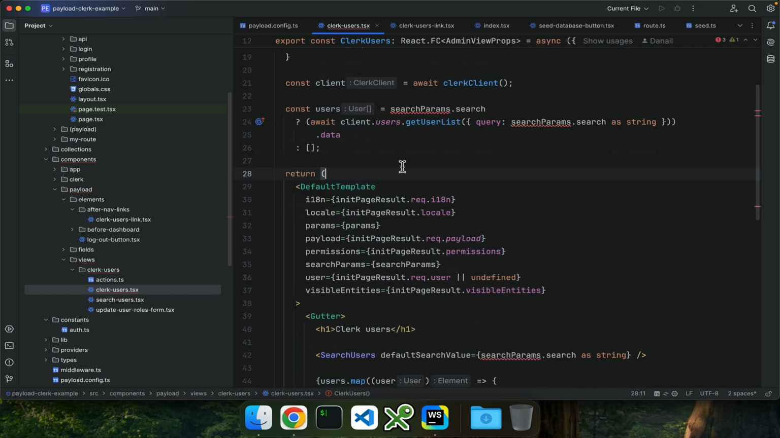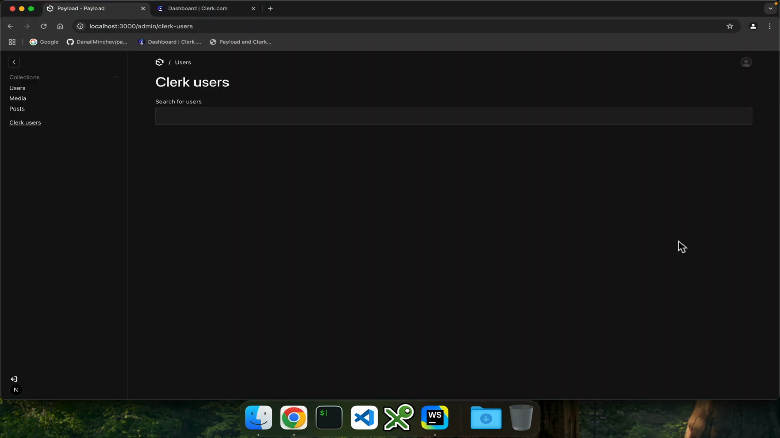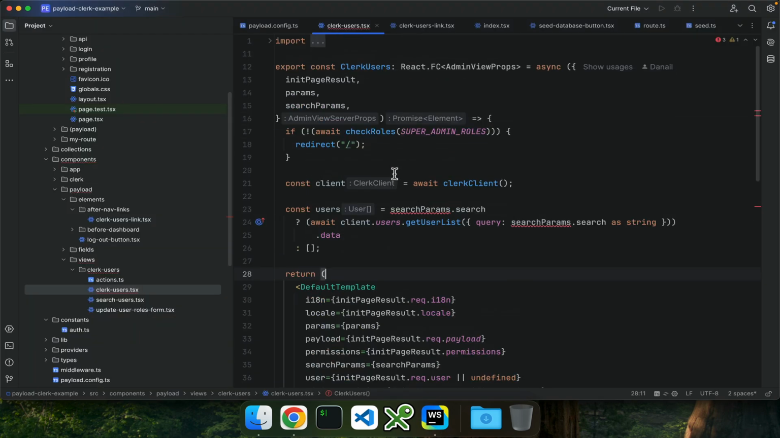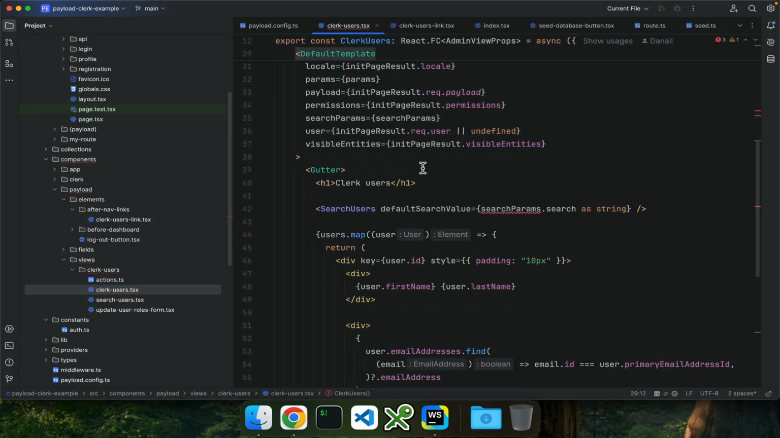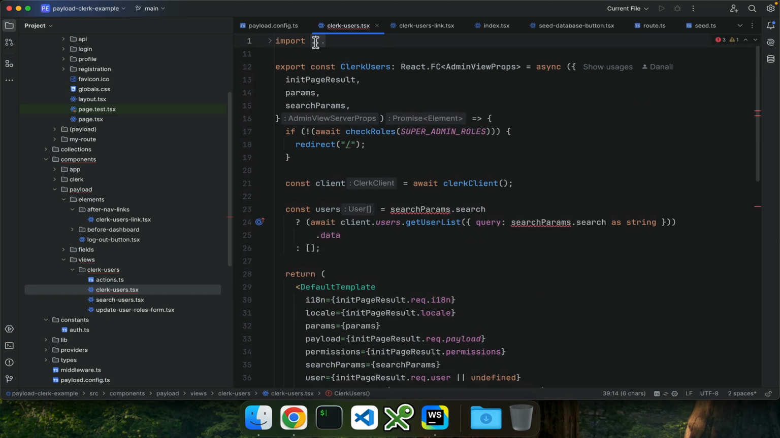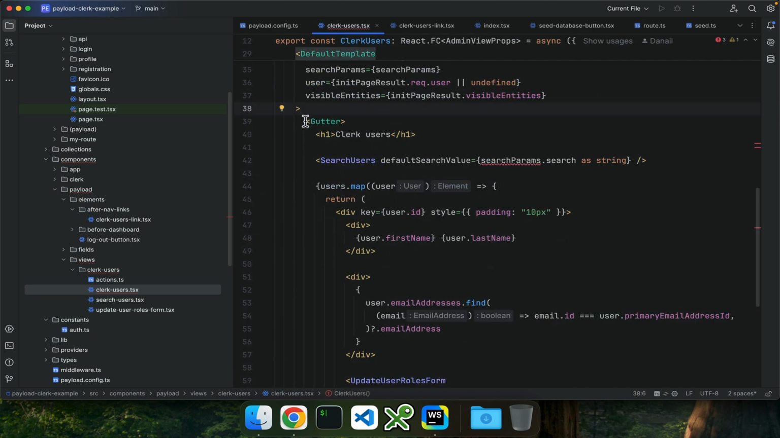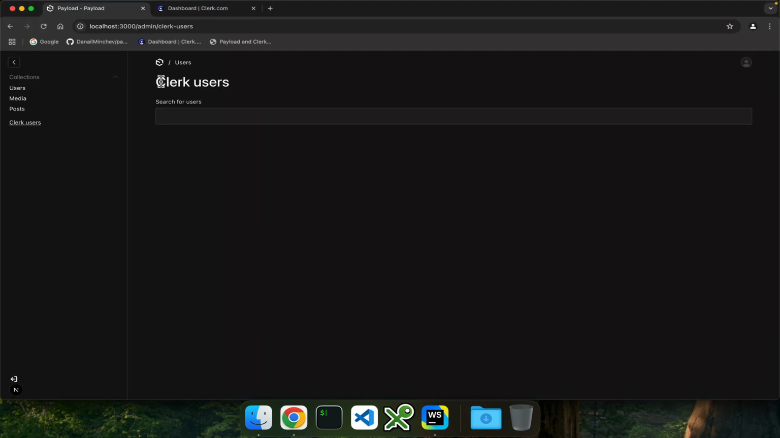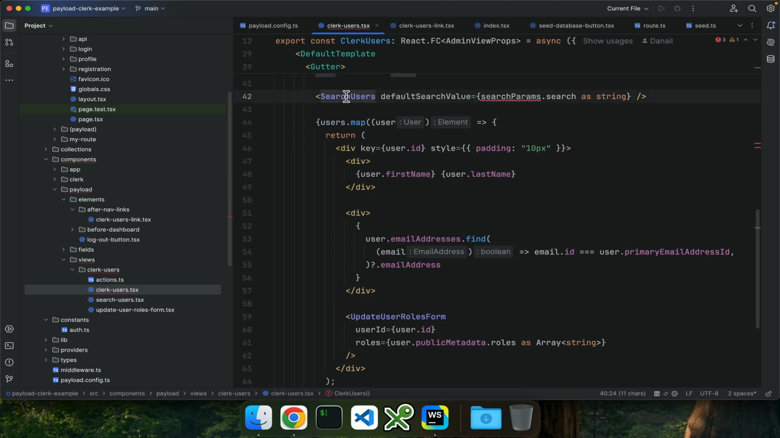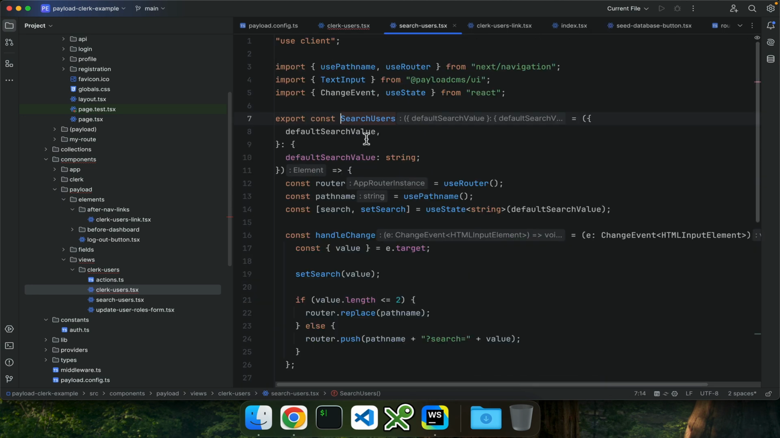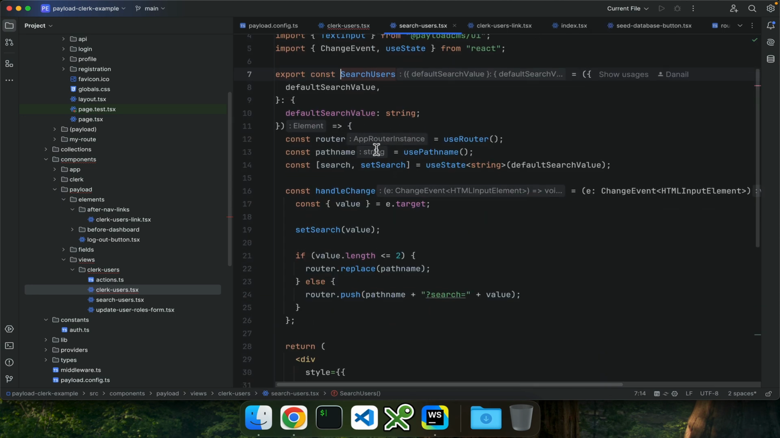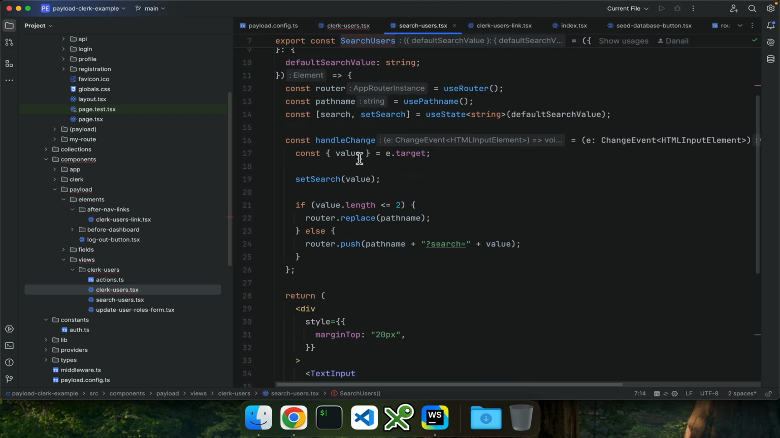To have this view embedded in the Payload CMS UI, we need to use the so-called default template, and this is a gutter. All of these components are UI components from Payload CMS, which is basically acting as a container. And then we have H1, as you can see, and then we have the search user component, which we are using to search the users via the